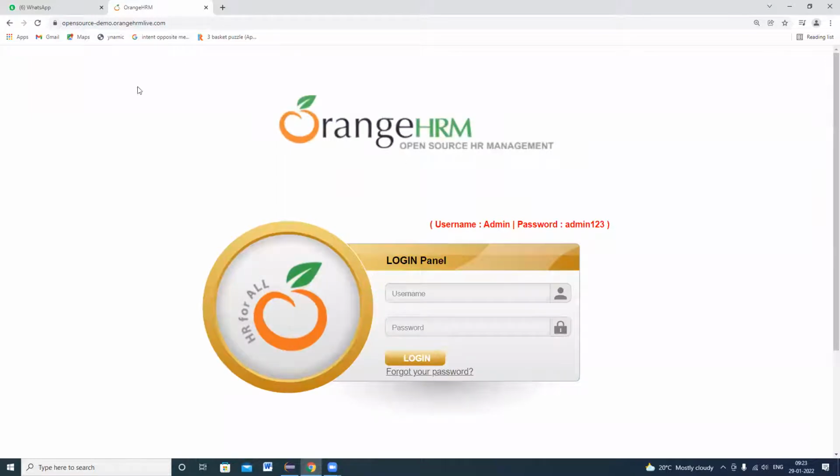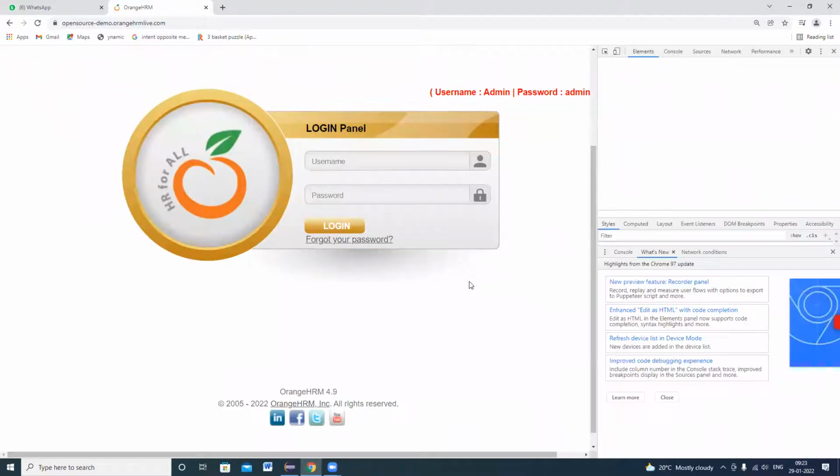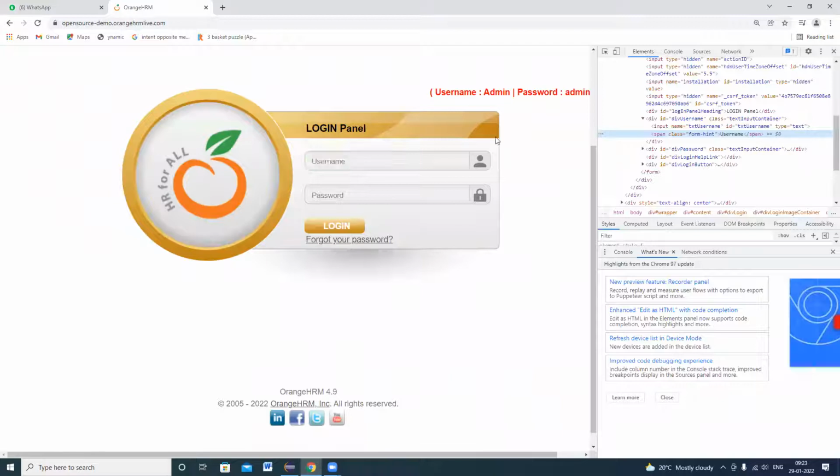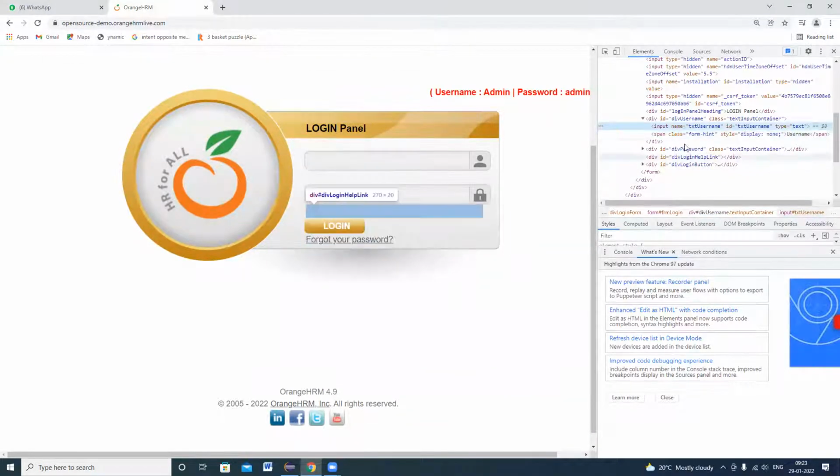Now I want to automate the login page. What do I need to do now? I have to right click on the username text field. The text field tag name is generally input. So I have taken ID equal to txt user.